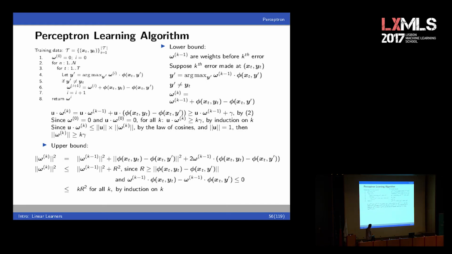Then we can do an induction on k. And the induction on k tells us that u times w at step k is greater or equal than k times gamma. Doing an induction on these steps here, and assuming that we start from the zero weight vector. Then we are making use, as always with proofs like that, people make use of some laws of,